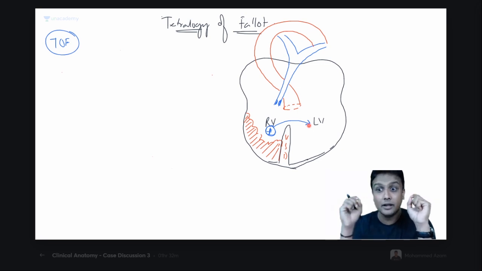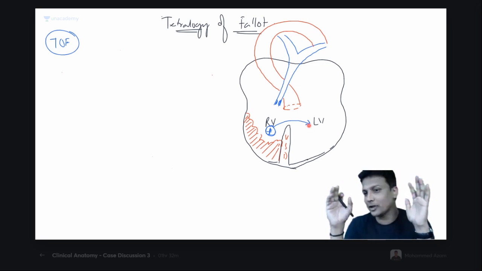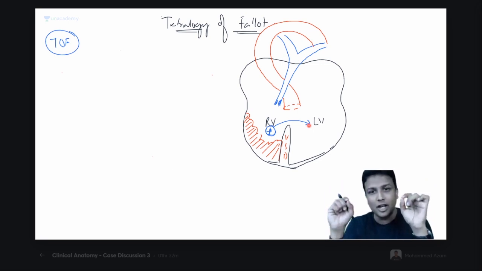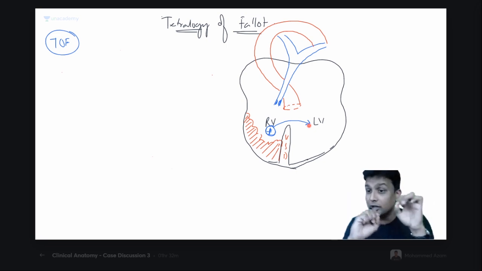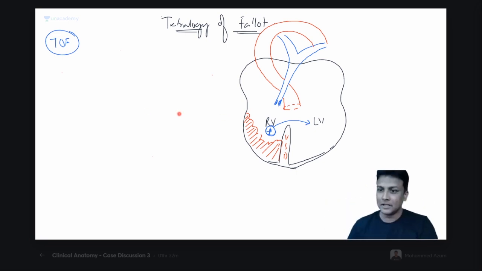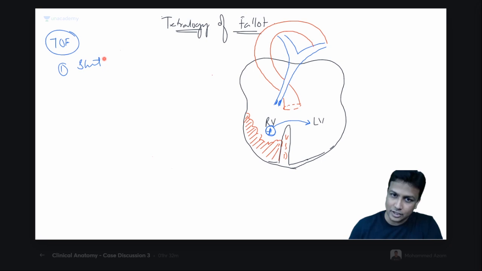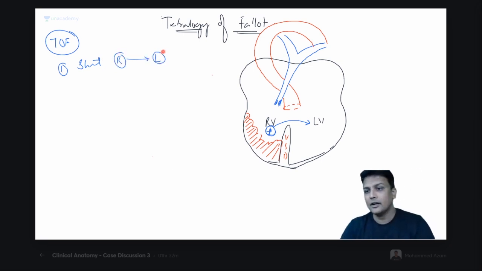That is something out of the blue. That is against your thinking. Is it okay? Shunting will occur from the right ventricle towards the left ventricle. Okay, so that's the first point to remember here. So yes sir, there will be shunting. And the shunting will occur from where to where, sir? From the right towards the left. That's something out of the blue, guys. That is number one. And listen to my class very carefully.